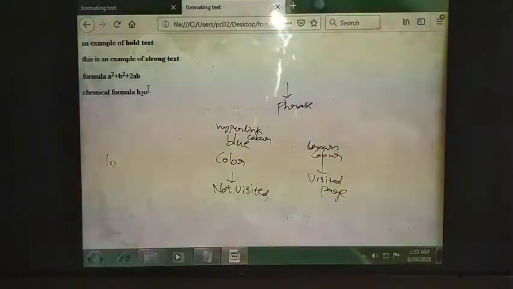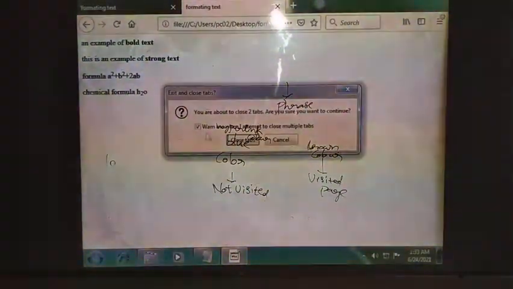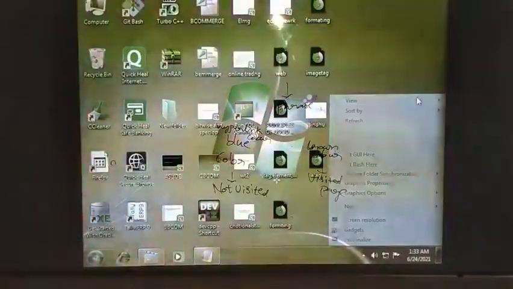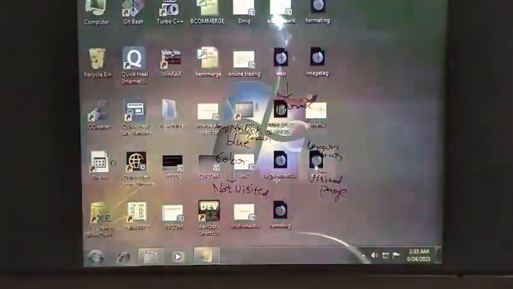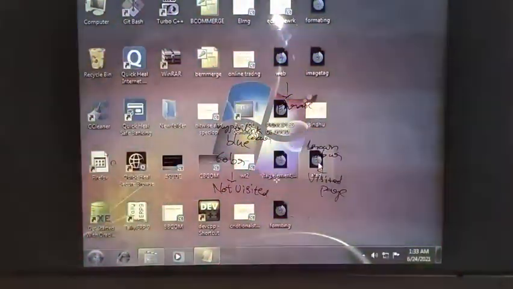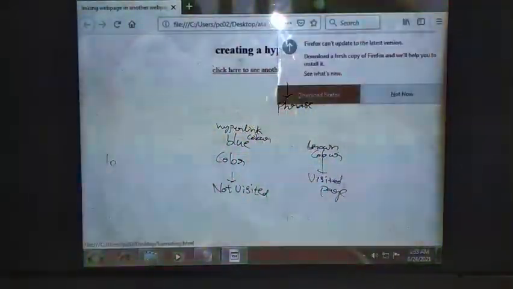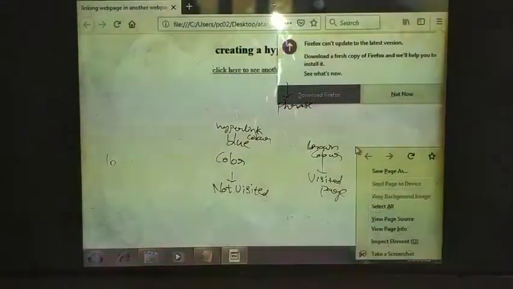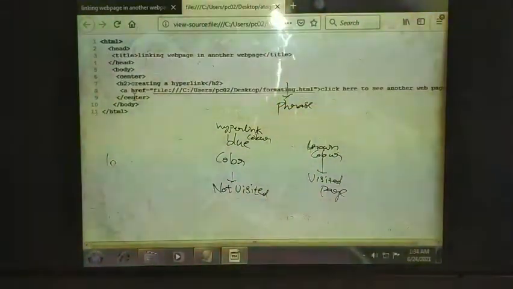Okay. Now let us see once again here. I have just created my file. Now you can observe here, this is the page we have created, and this is the code for that page.